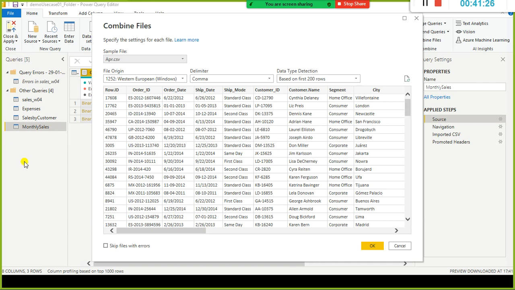In that case, if the load fails because of an error, you will not be able to create the report. But whatever errors got rejected or skipped, you can track those records which have errors, and you can load them later.